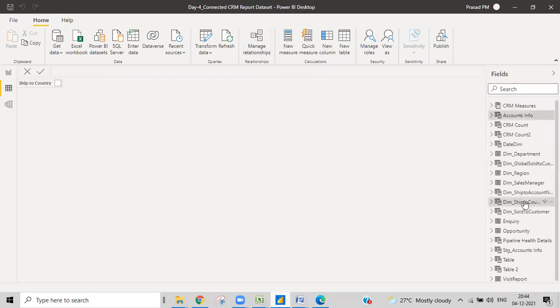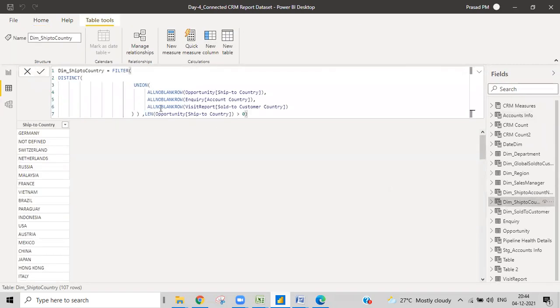Ship to country. You can see the logic that we've written. We took the column ship to country from the opportunity table, this one from the inquiry table, and this one from the visit report table. So three columns from three tables, and then we made a union, and after that we made it distinct.